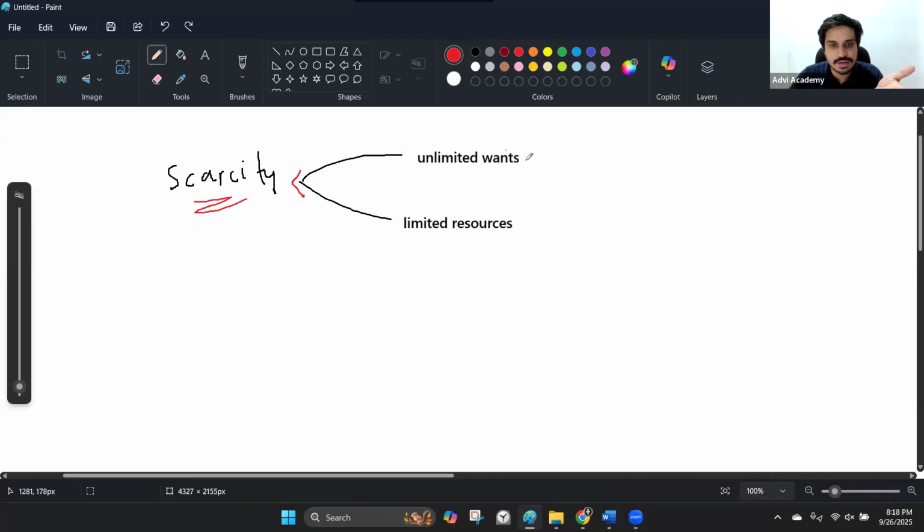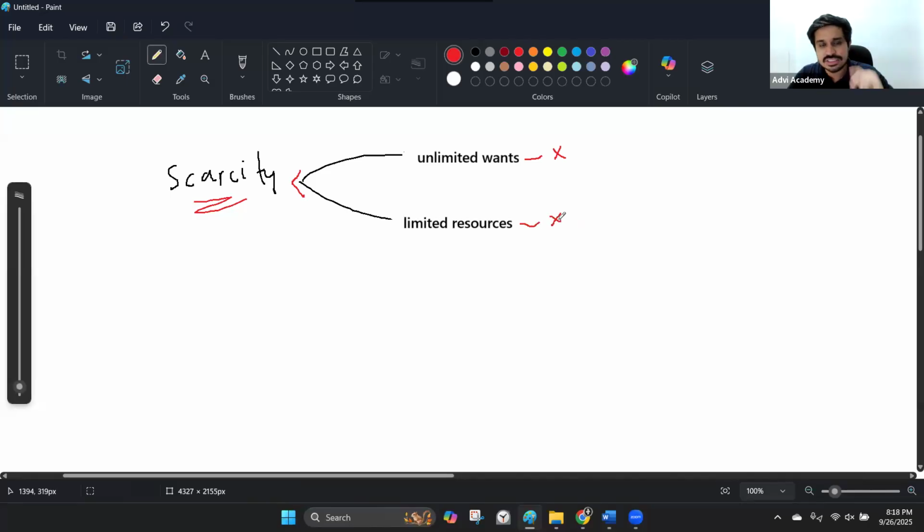So you can't end unlimited wants. There is no solution to unlimited wants. You can't kill half the people in the universe. And second, you can't ask people not to be greedy. And third, you can't ask people not to have wants either. They will always keep increasing and always become more and more diverse. So unlimited wants never has a solution.